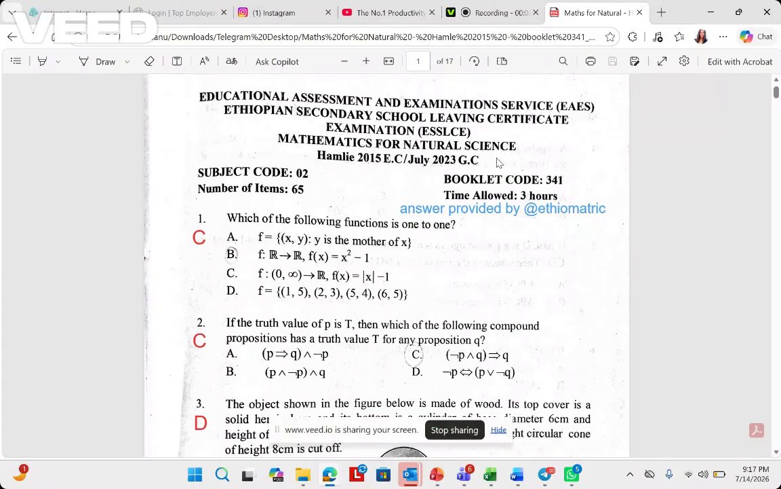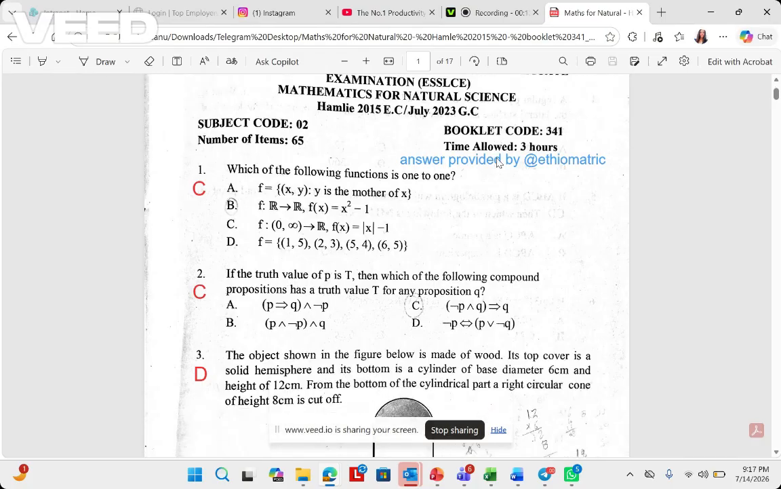ዛሬ በማት ኤስኤልሲ ወይም ደግሞ የማትሪክ 12ኛ ክፍል ማትሪክ የሐምሌ 2025 ተገናኝተናል። Let's go through it. There will be part